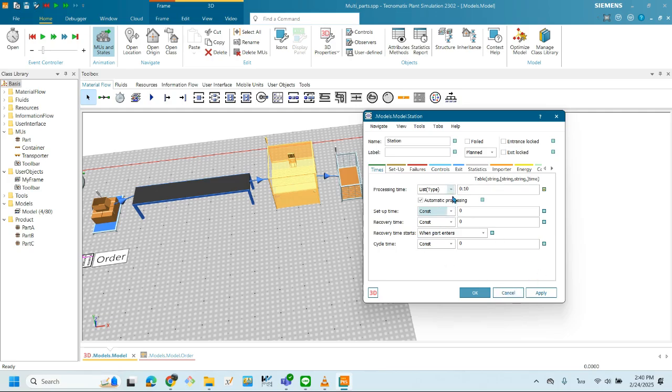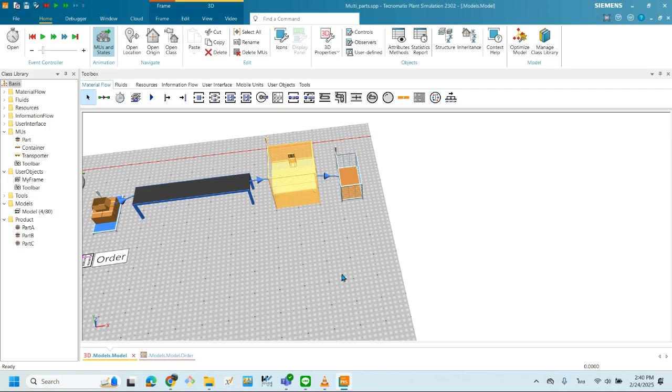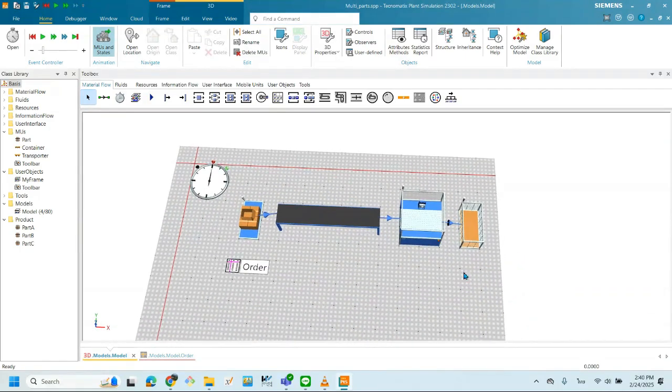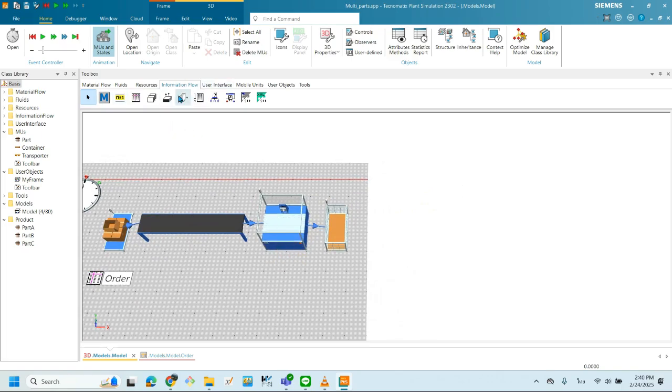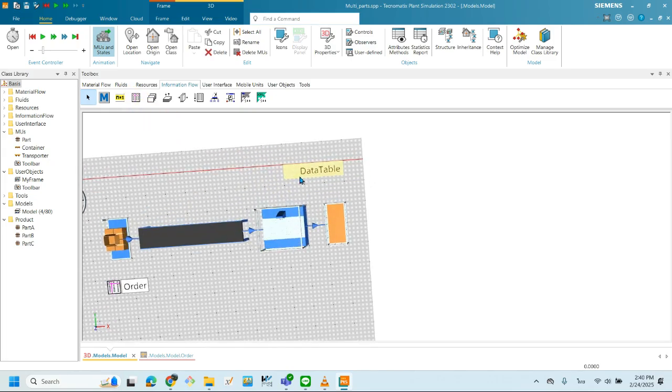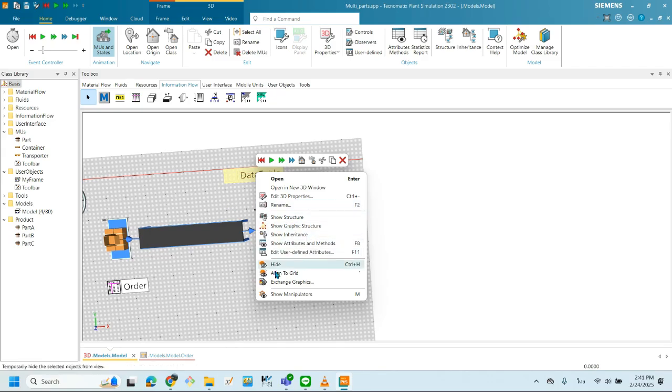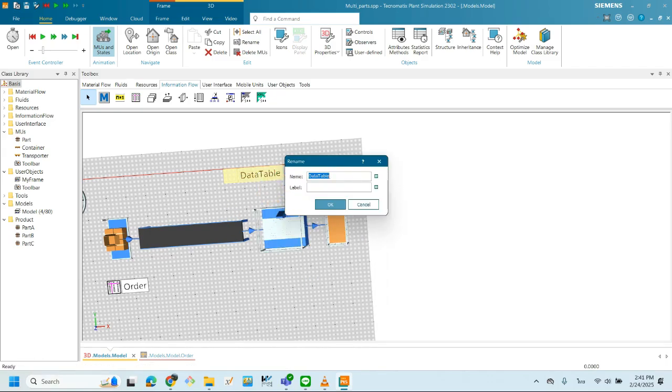Okay, let me check it up. About table, right? Okay, I need to come back to the default first and cancel. I define the table. I'll come back to information flow, and that drop is the object under the tab information flow, and okay, click, drag, drop here to the table. I rename the CT mean cycle time,